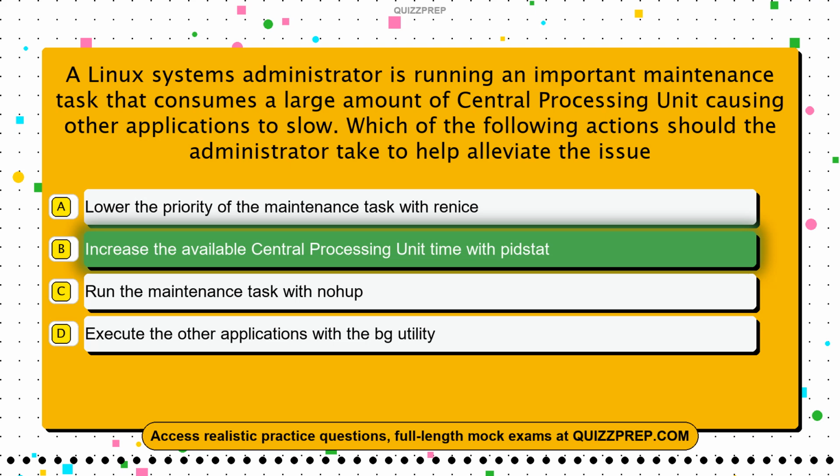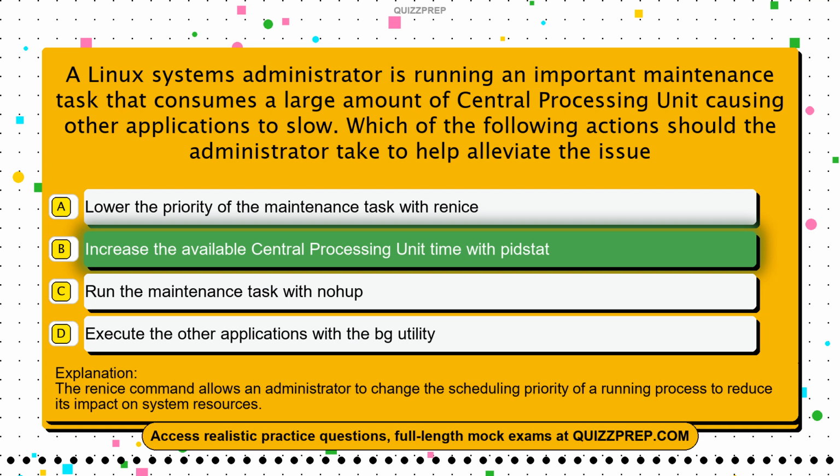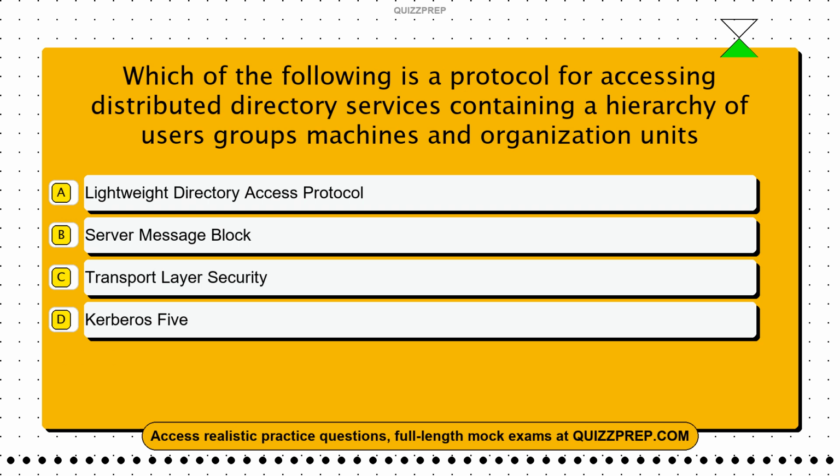The correct answer is option B. Increase the available central processing unit time with PidStat. The Renice command allows an administrator to change the scheduling priority of a running process to reduce its impact on system resources. Question 20. Which of the following is a protocol for accessing distributed directory services containing a hierarchy of